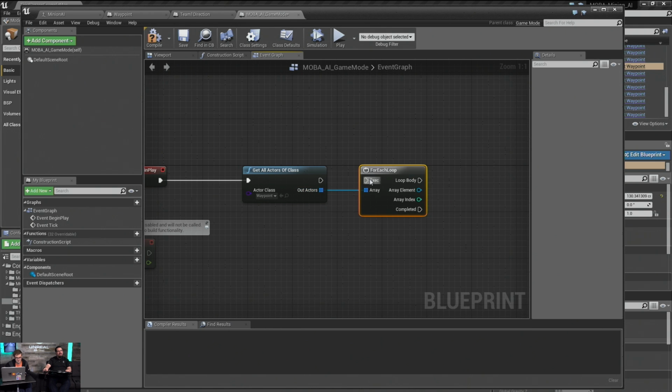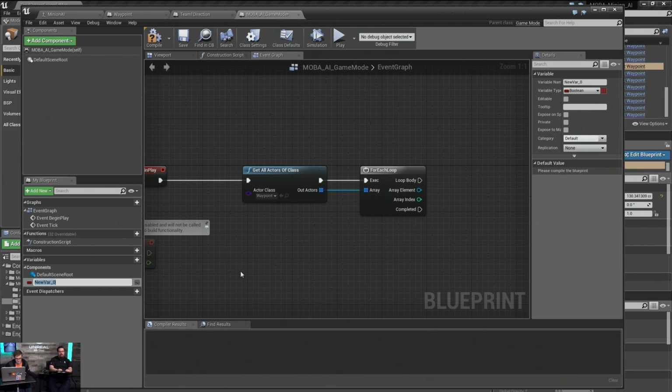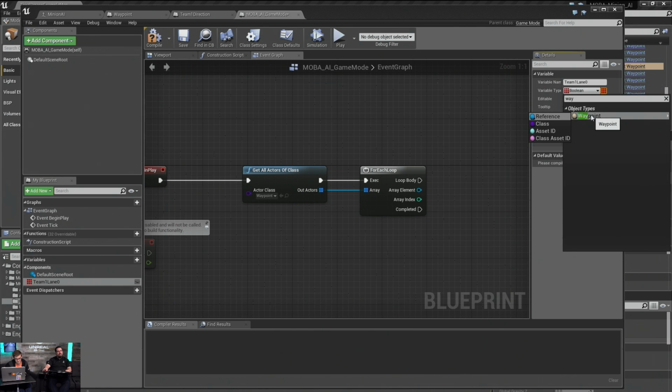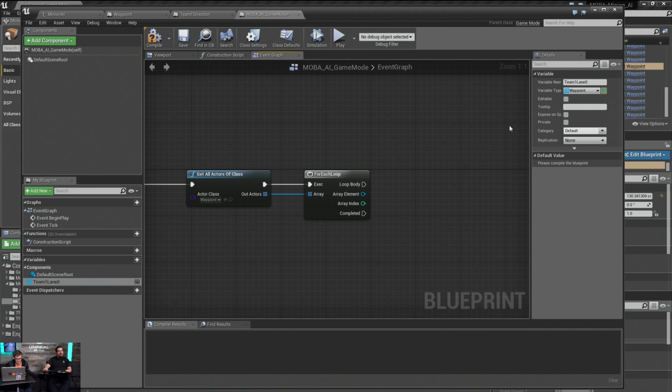Okay, so we'll just do a 4 each here, and we're gonna need a chunk of arrays. So create one. We're gonna call it Team 1 Lane 0, and so we can recreate these. It's gonna be a type waypoint. And then we're going to add one, add another, add another, add another.